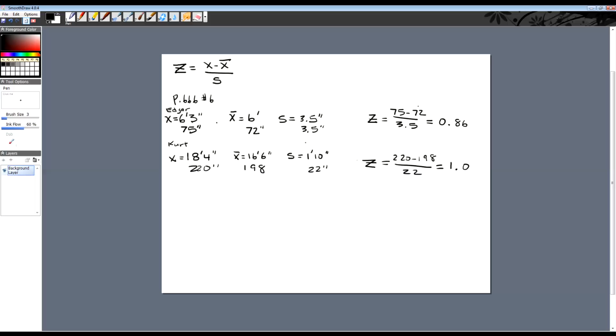Now remember the normal distribution. Oh, that's not very good. Let's look at creating a better normal distribution. Much easier to do this on a board, but let's see what we can do. All right, well, let's say that this is a normal distribution. If this is the mean, and one standard deviation is here, and 0.86 standard deviations is here,